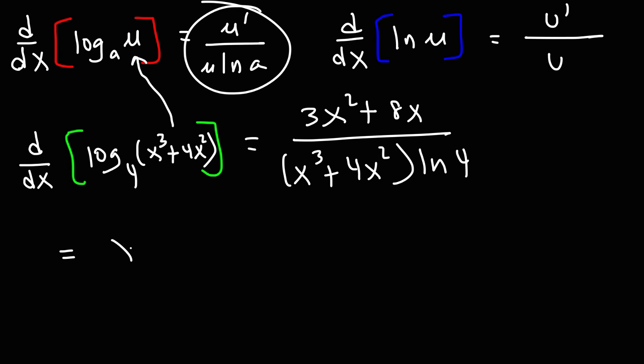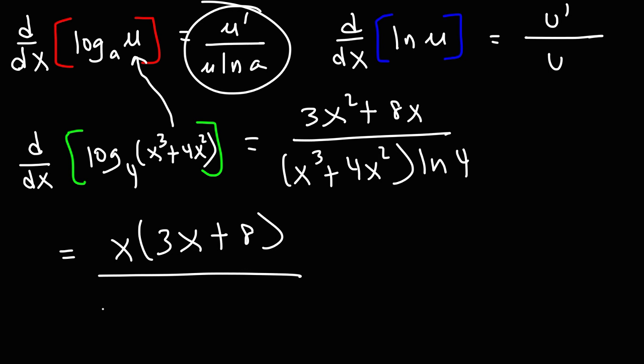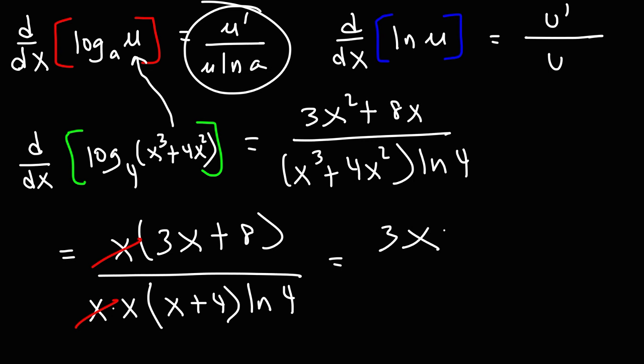In the numerator, we can factor out x, and we'll be left with 3x plus 8. In the denominator, we can take out an x squared, which I'm going to write as x times x. If we take out x squared, we're going to be left with x plus 4, and then times ln 4. So now we can cross out an x variable. So we can leave our answer as 3x plus 8